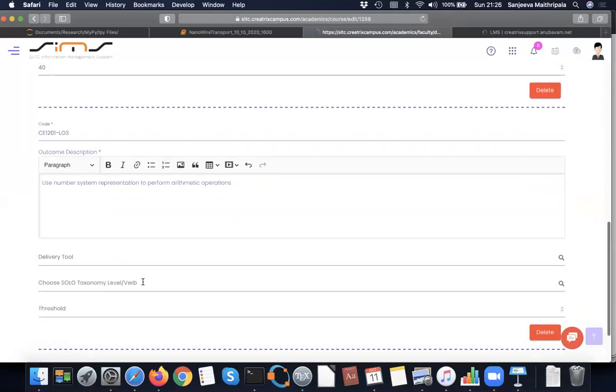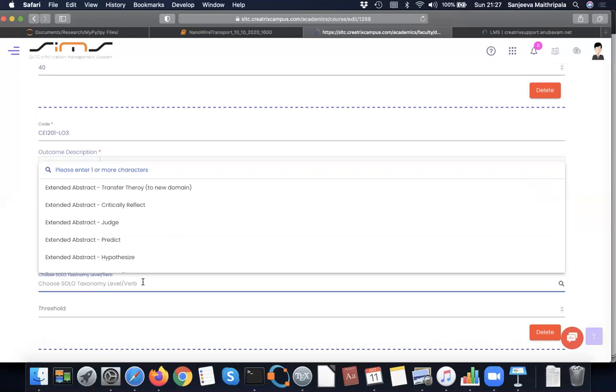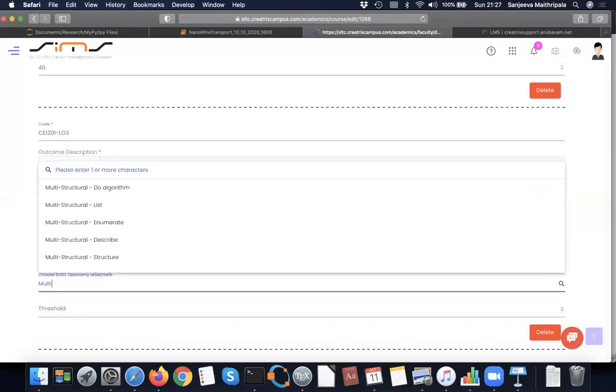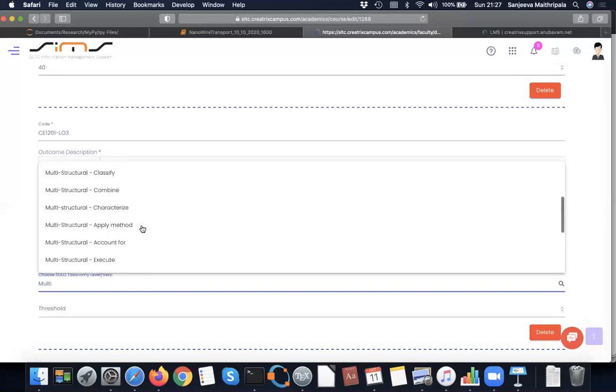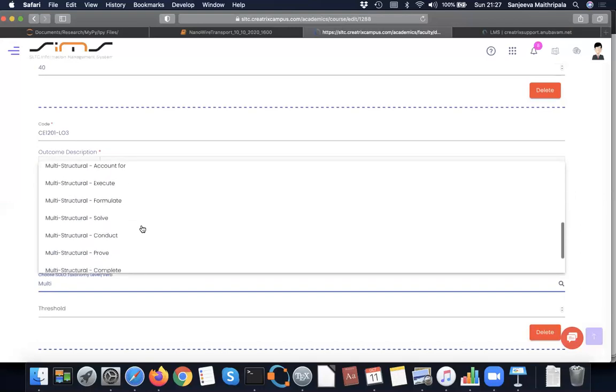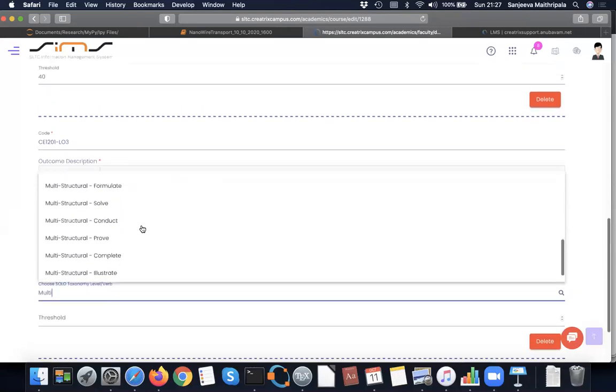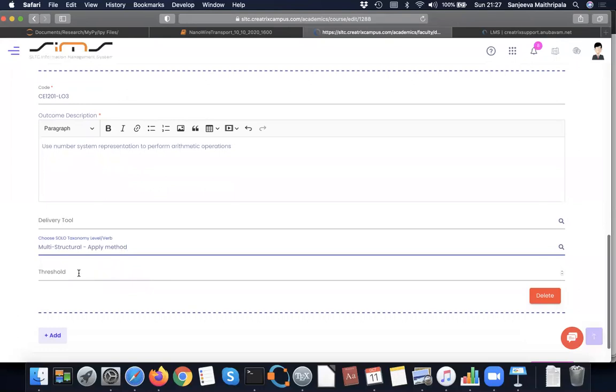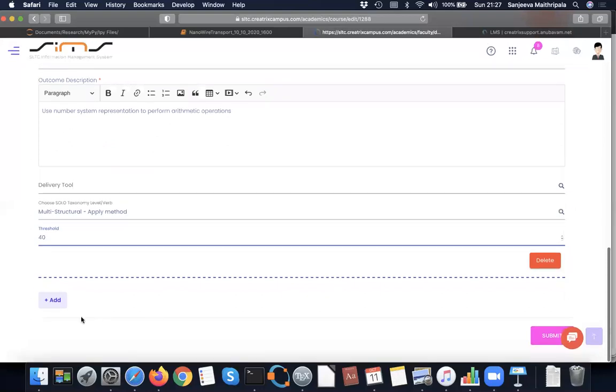So again, use seems to be like apply. So let's see, maybe in multi-structural we have something: list, enumerate, describe, structure, classify, combine, characterize, apply method, solve, conduct, complete, illustrate, explain. So maybe apply method looks like a multi-structural level that describes use. Use means apply method, so application. And again, I will set a threshold of 40. And so I can go on to add all the other three